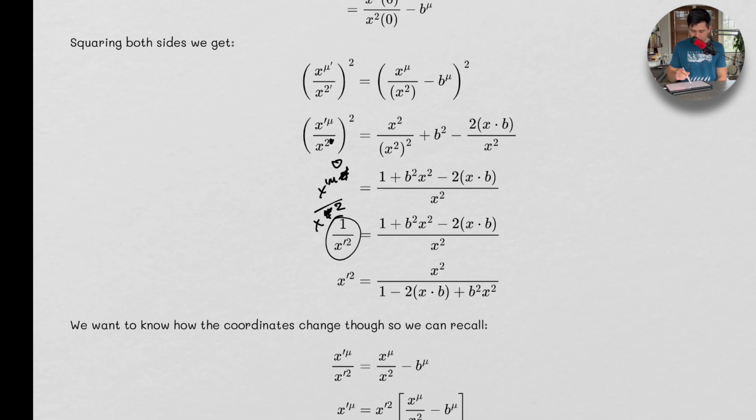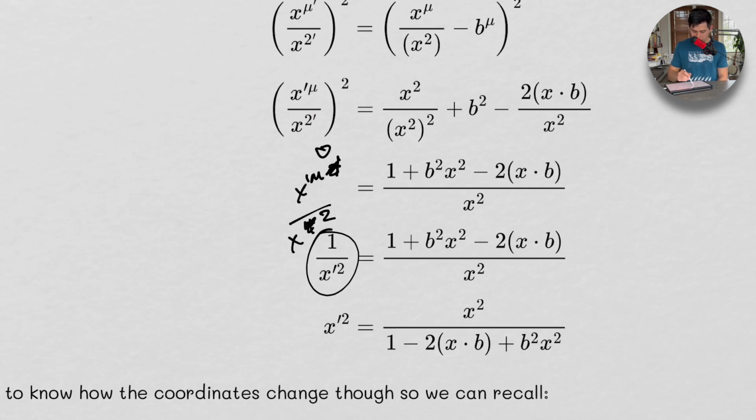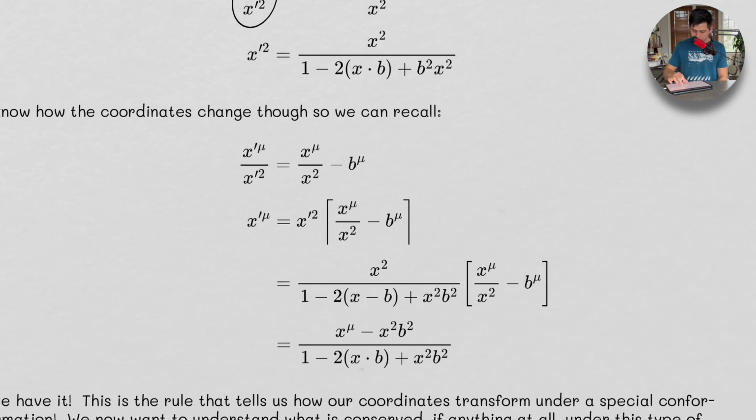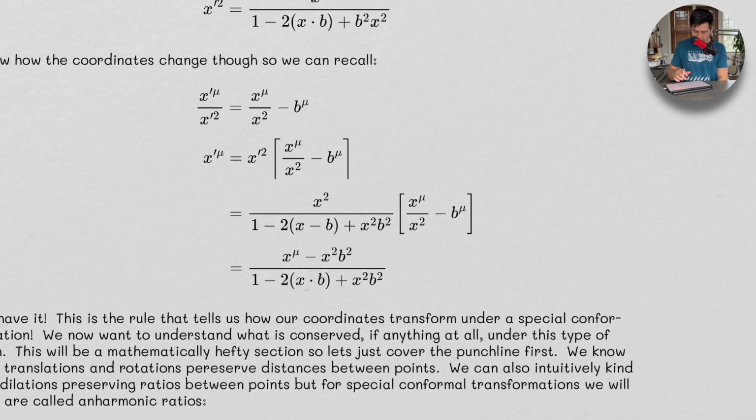That's why I had the prime up here. The prime was supposed to be on the other side, which is why that confused me a little bit, because this is the newly transformed coordinate, right? So then we get this here, and so again, we're multiplying both sides by x prime squared,